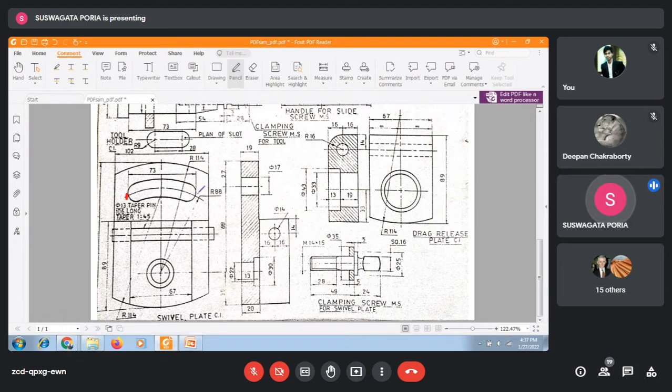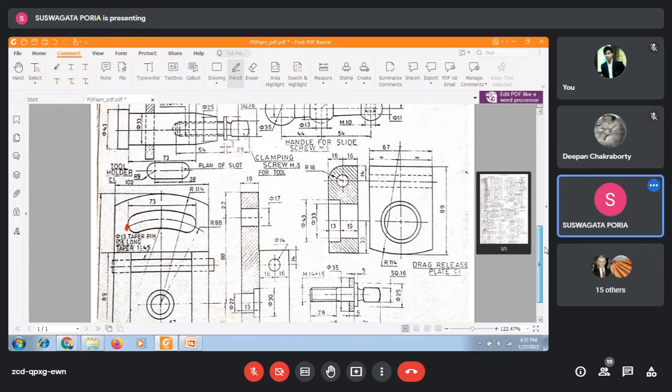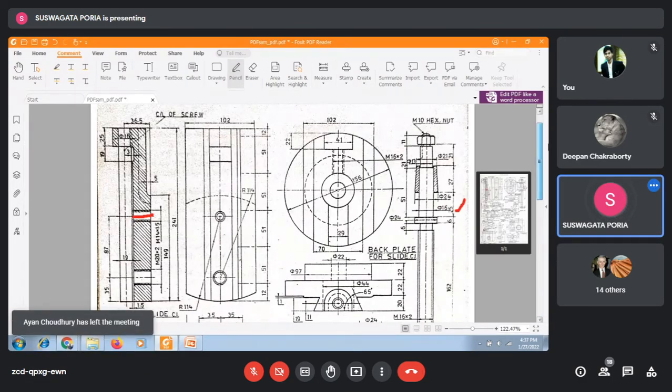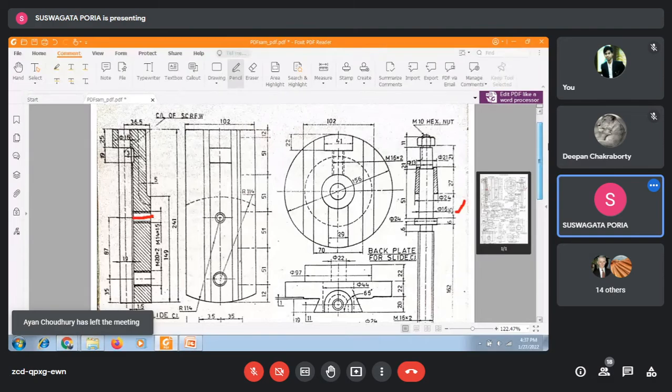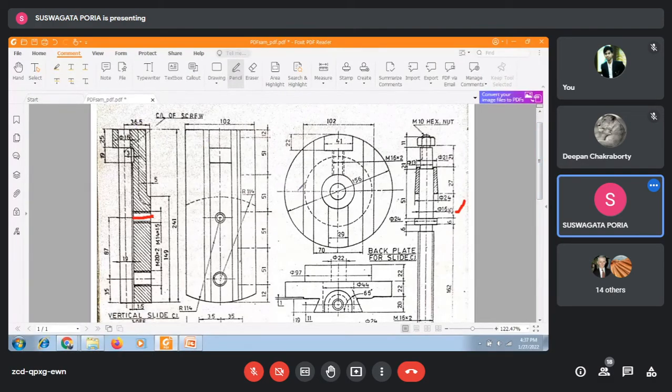ওখানে তো M14 এর স্ক্রুটা ঢুকবে না। হ্যাঁ স্যার। এখানে 19 ঢুকবে, এখানে 9।